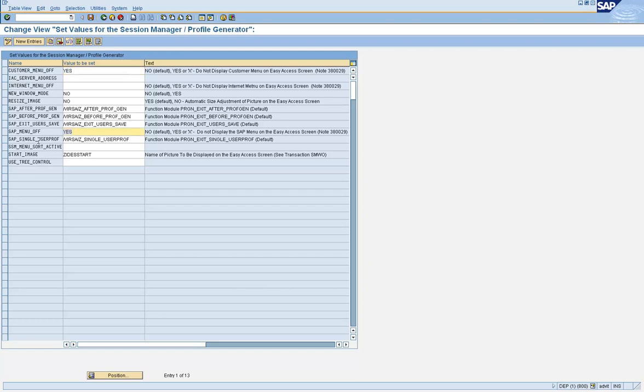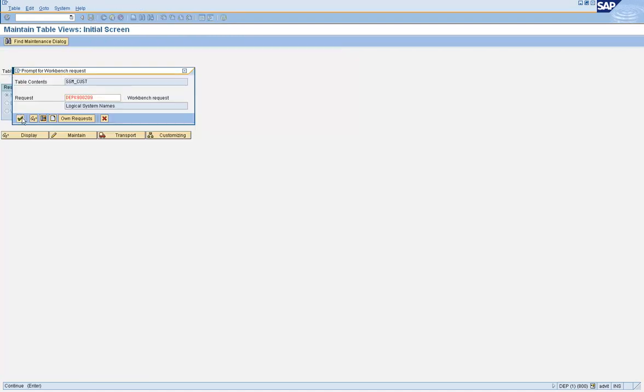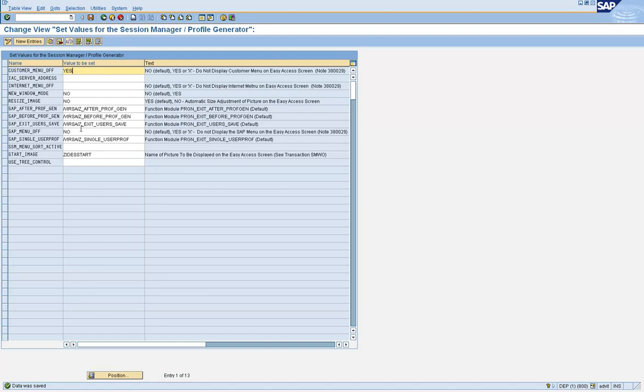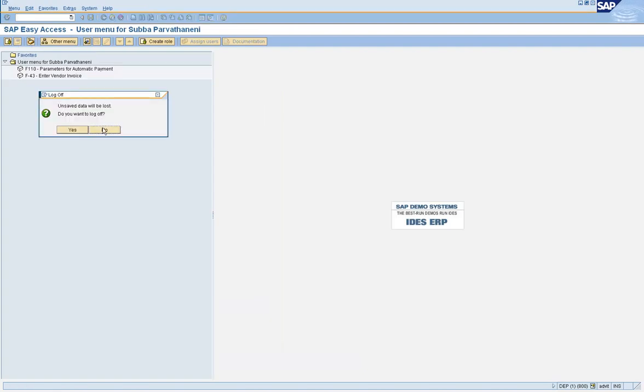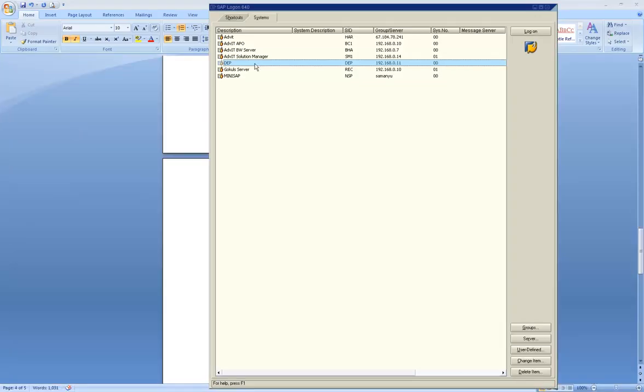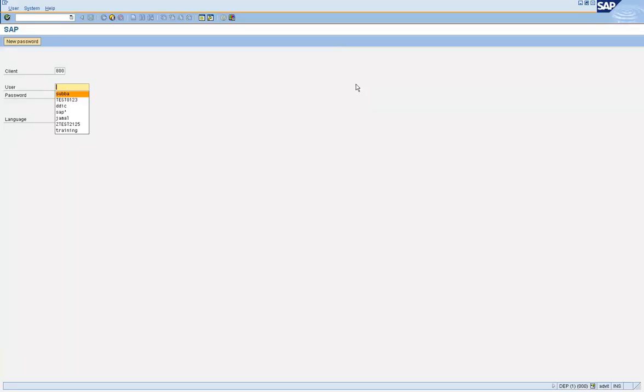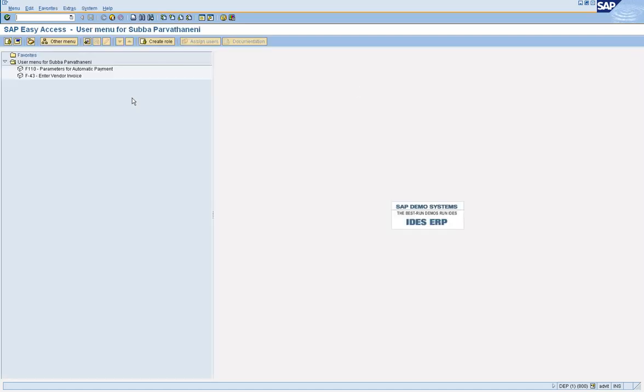So SAP menu off and customer menu off were both set to yes. That's why it was not working. Let's put SAP menu off as no. So if you log in again, now the SAP menu is on.